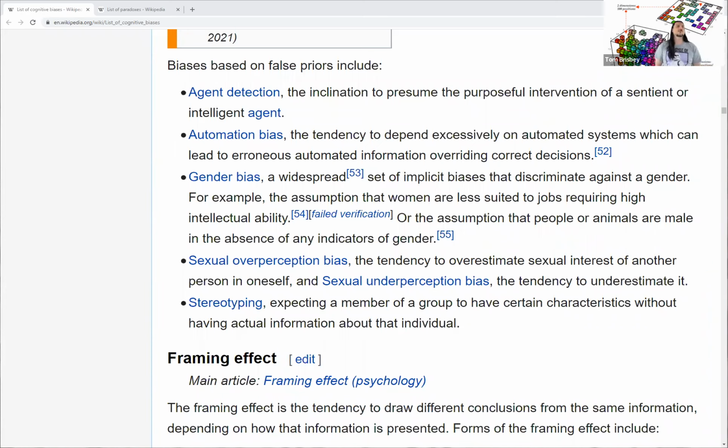Or the assumption that people or animals are male in the absence of any indicators of gender. Gender bias. You know, there's a lot of stuff that goes along with that. And most of it has a lot to do with how you feel about the genders. So rather than view this as some sort of outside scale that could be infinitely skewed to perfectly match with some sort of skewed perspective, I'm going to set the arbitrary